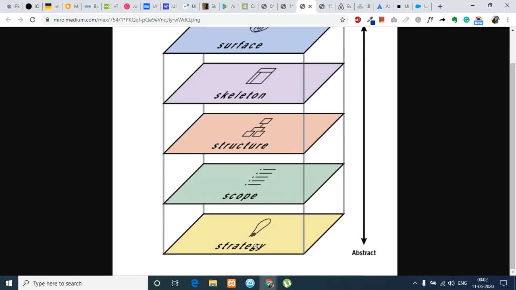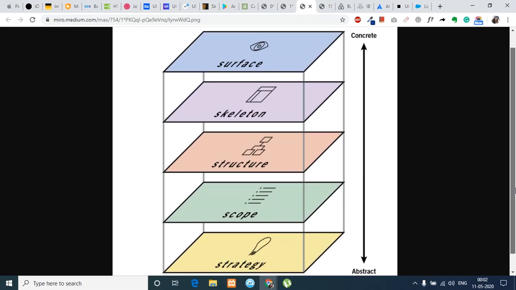Strategy is your idea, what you're going to develop. Scope means in this stage you'll check the possibilities of the application, and you'll define a structure like the flow of the application, and you'll prepare wireframes which is the skeleton, and finally you'll get to the surface which is the